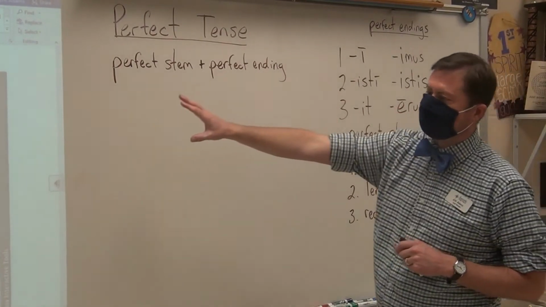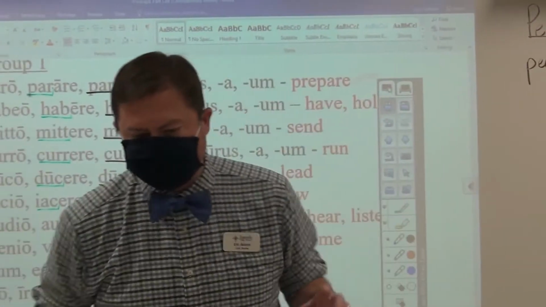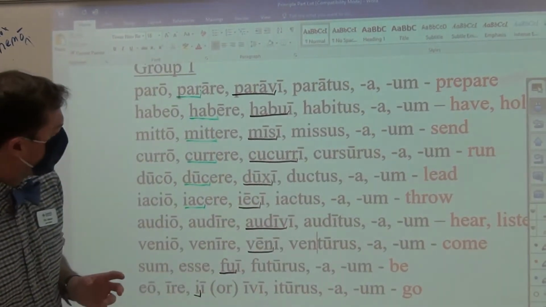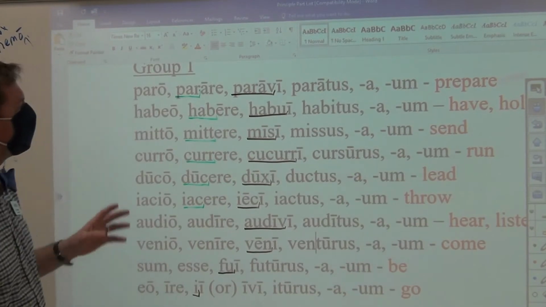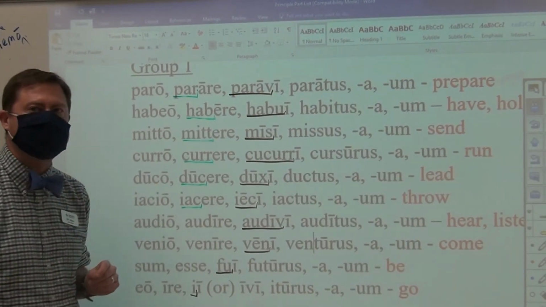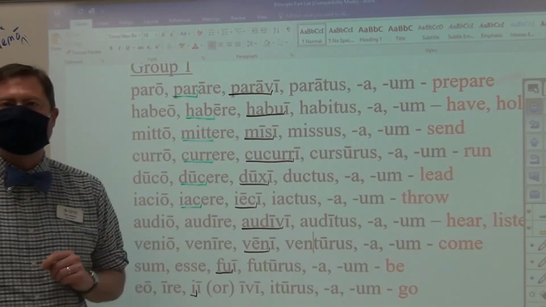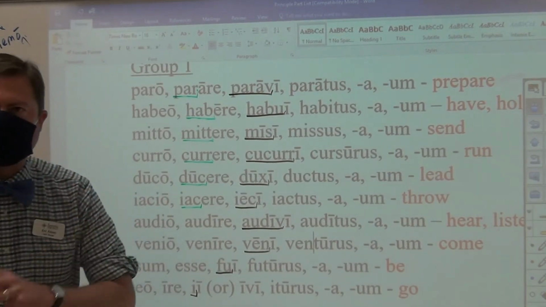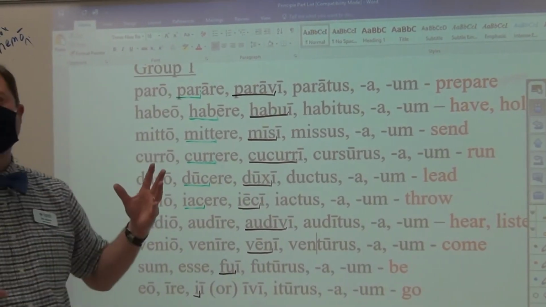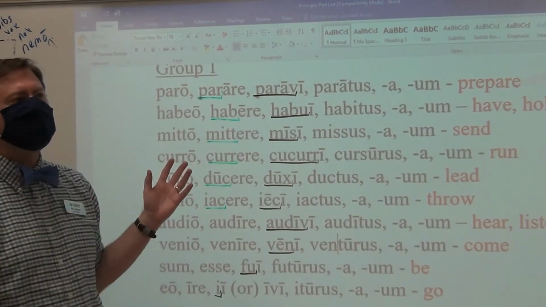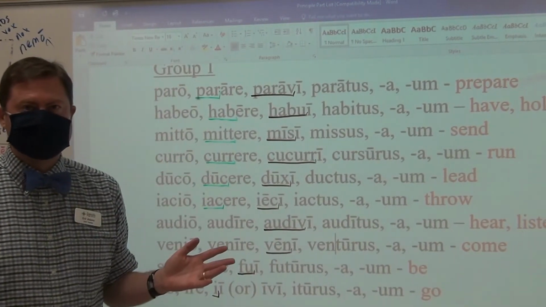Now, when we look at all of these third principal parts, there is a pattern which will emerge. And that pattern that emerges is that there are certain letters that you very often see. And those letters are V-S-U-X, "V-sucks." So if you are going to be presented with a verb that you don't know if it is a perfect verb or not,